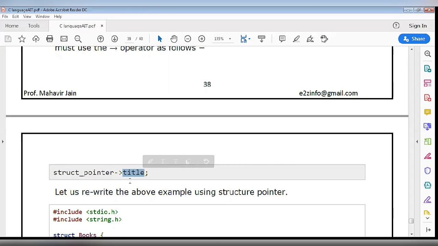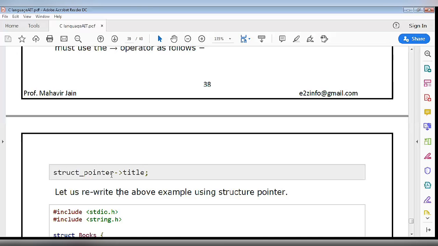Now I will explain this concept with the help of the same book example. In this example you can see we have included two header files, stdio.h and string.h. Both the header files are familiar ones.